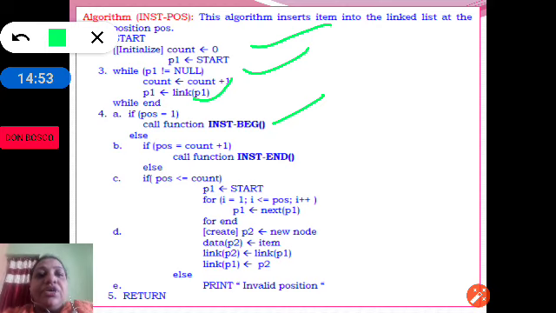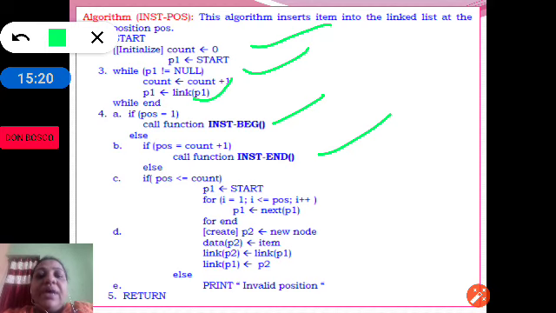If position is equal to count plus 1, for example if count is equal to 5, that means 5 nodes, and we want to add at the 6th position, then we call insert end.